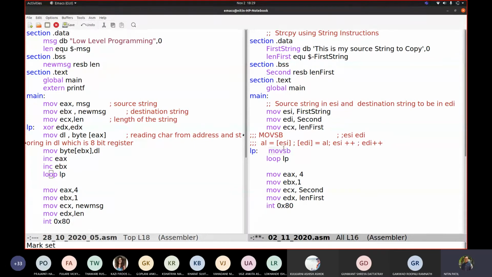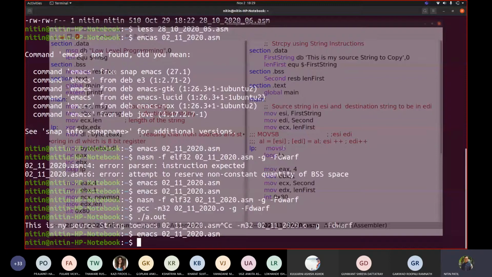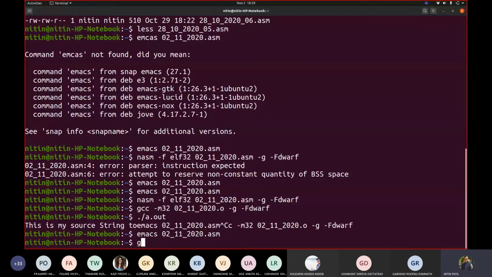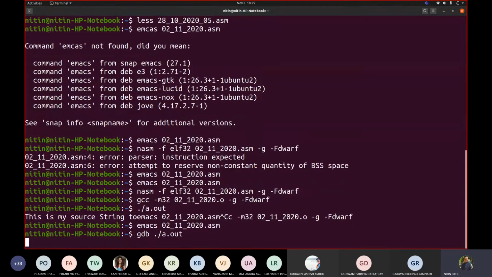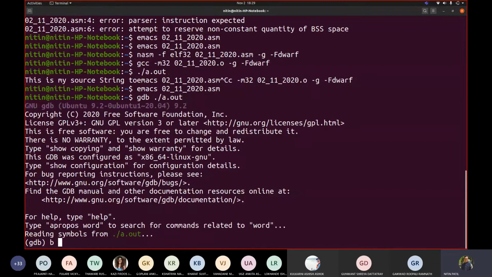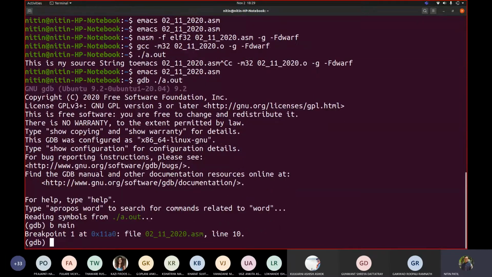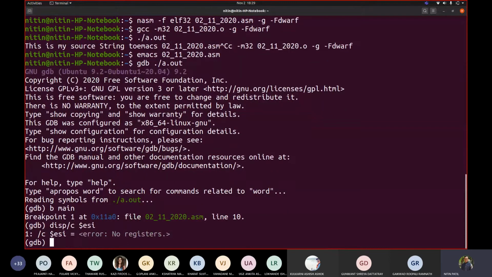If you see, this movs means what? String instruction. Movs, move string, and we are taking byte. You can take word, you can take double. Correct. So that's how we worked it out. Now let me debug this so that you can understand. So let us write breakpoint main. So let us say display /c $ESI will include EDI.